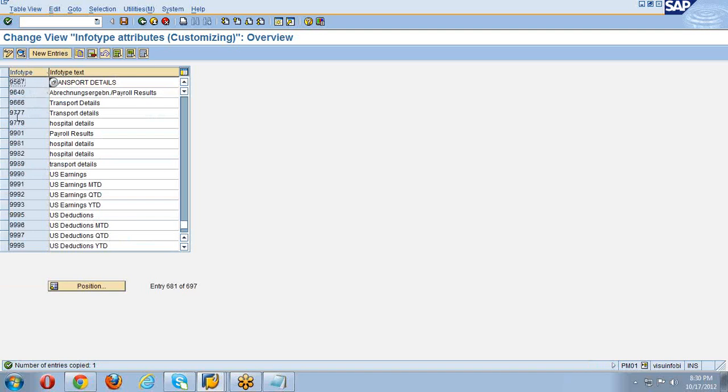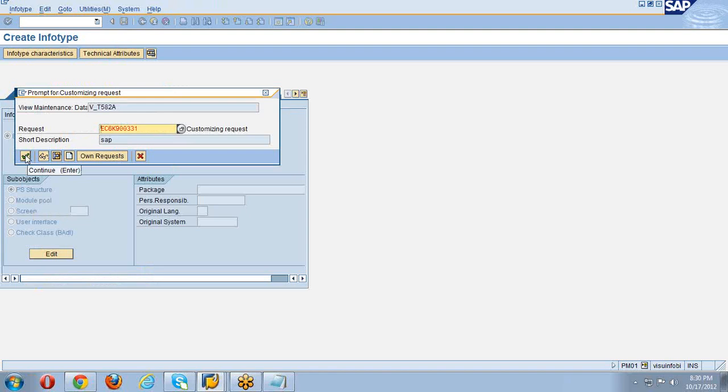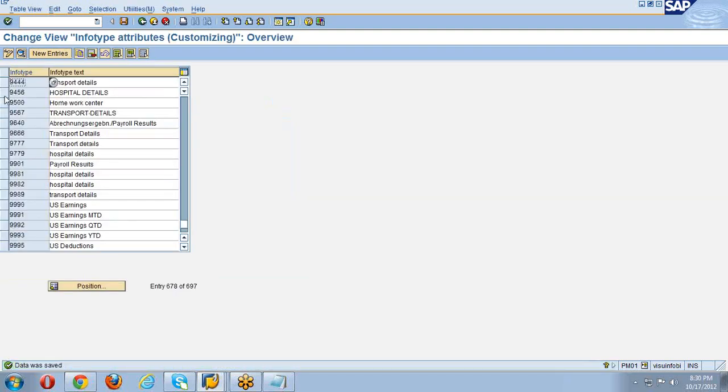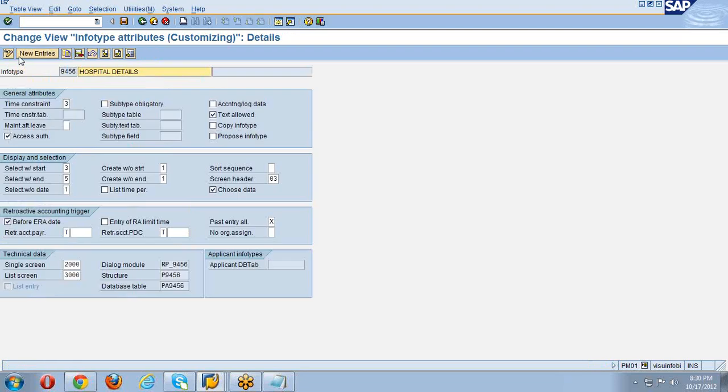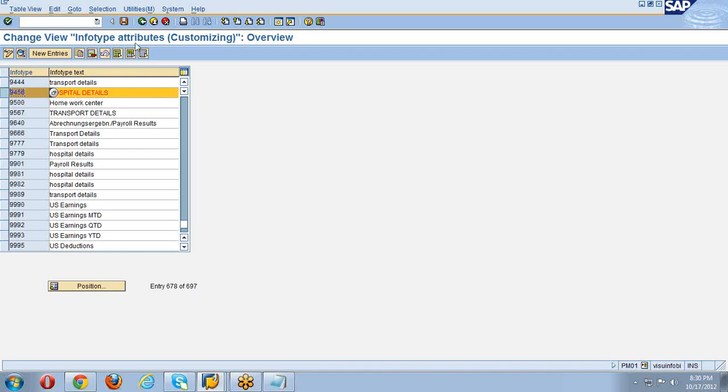Here it is, you are in a new info type 9567 transport details. Till here, most of the steps are common with the earlier procedure. Now hereafter, the whole scenario changes. Now you need to click on this. After you copy that and replace with your text, go back